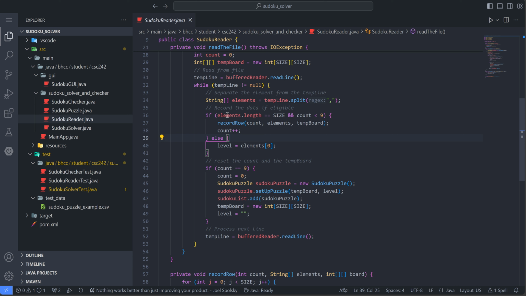If the element length is not equal to the size, the level is set to that string. Reset the count and the temp board. If the count is equal to 9, that means it has finished reading one Sudoku. Then reset the count to 0, and then create a new Sudoku